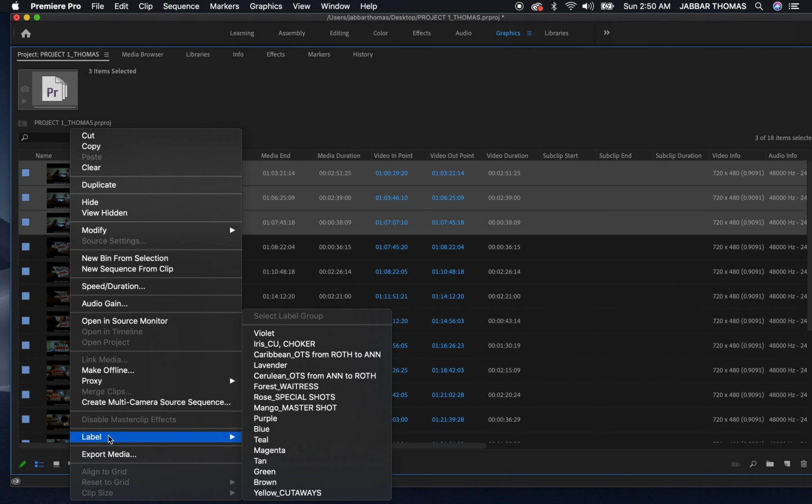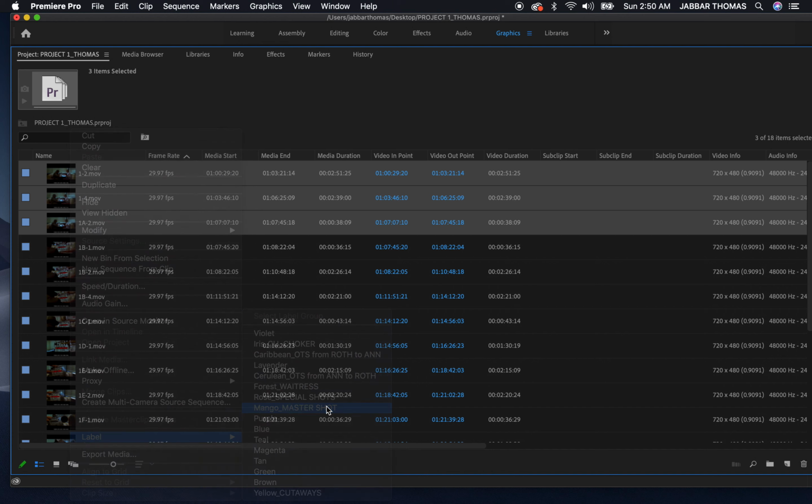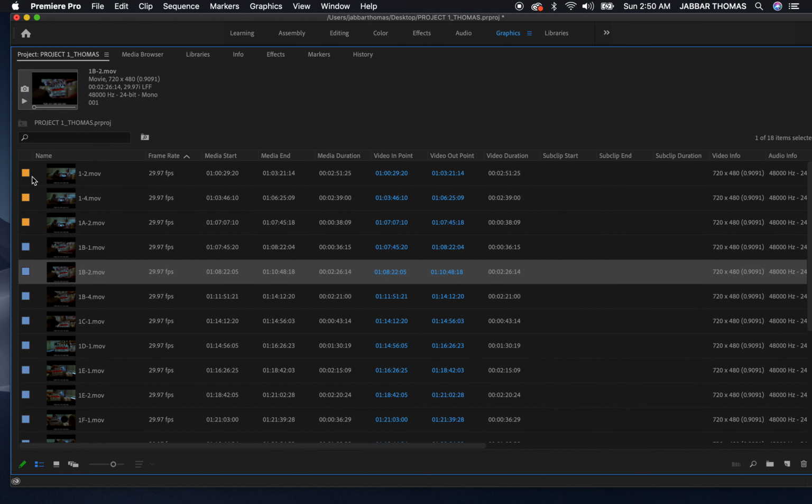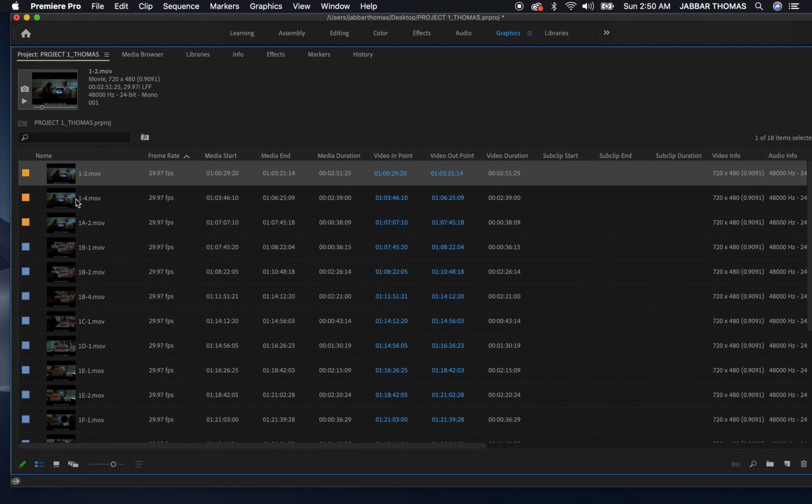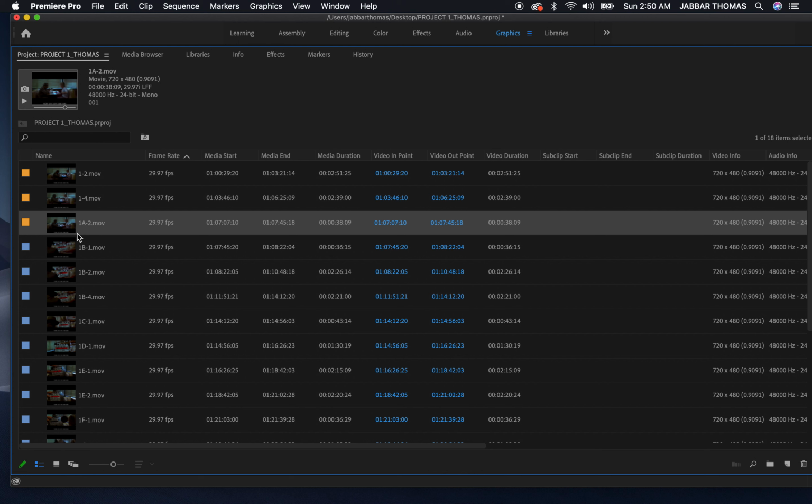I'm going to go down to the label submenu and go up to mango, because if you read the project assignment sheet, all of my master shots should be color coded. The color label should be mango, and you can see not only does it have mango, but I've also added master shot to that color name, just so it can remind me of exactly what the color mango is for. All right, as you can see, those first 3 shots have the mango color